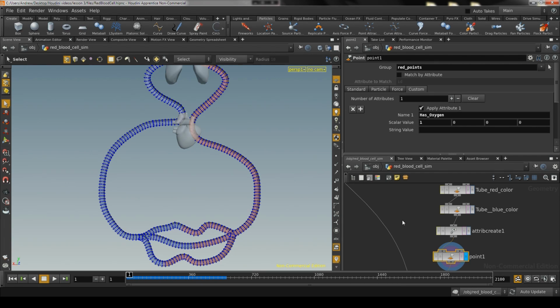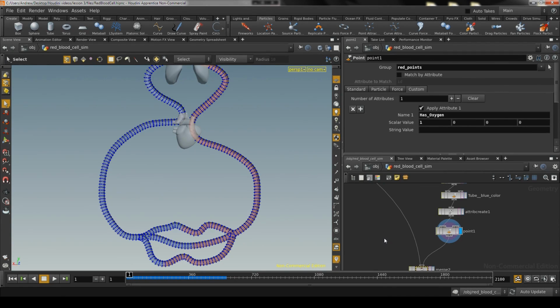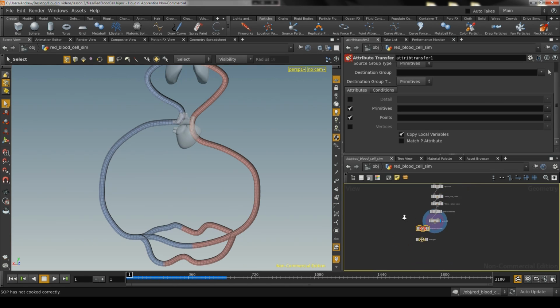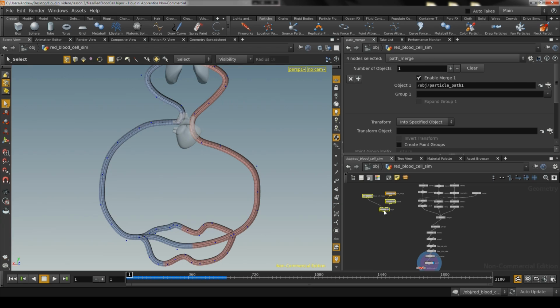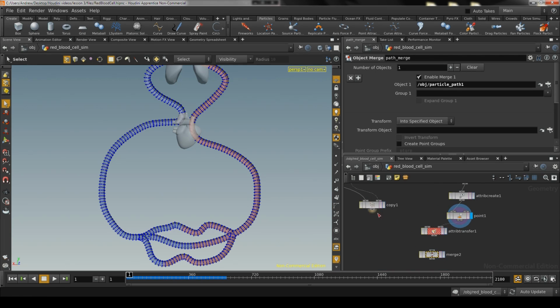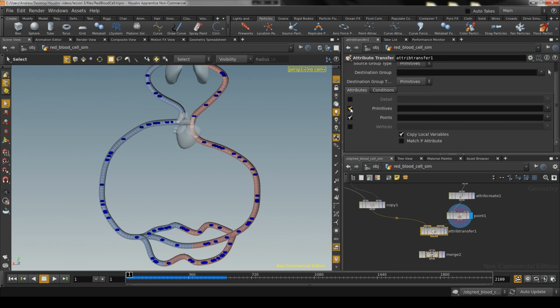So now we can make a new attribute transfer node. Attribute transfer. Let's disconnect this merge node. Plug in. Ooh, copy node's pretty far up there. You know what? Let's go ahead and grab this particle sim and just bring it down a little bit, so that we don't have to go quite so far to link up everything in the node graph. So let's plug in our particle sim. Again, we're copying from the right input to the left input, and this time,